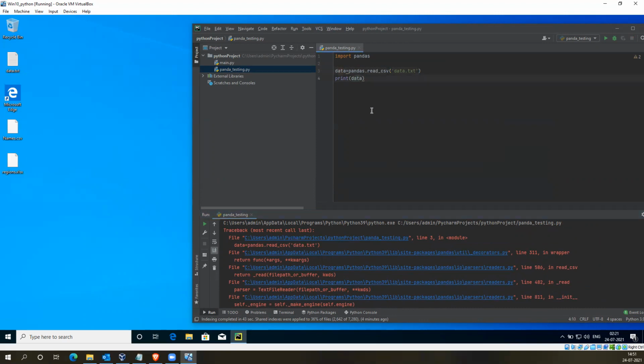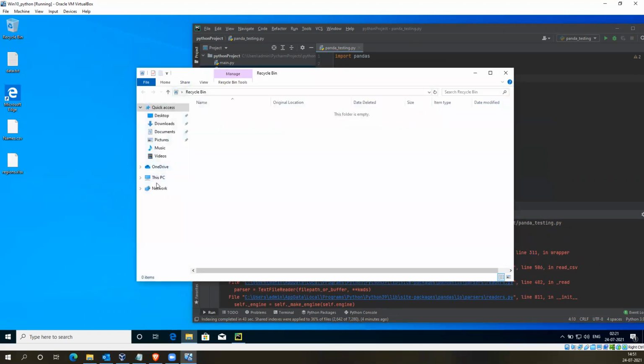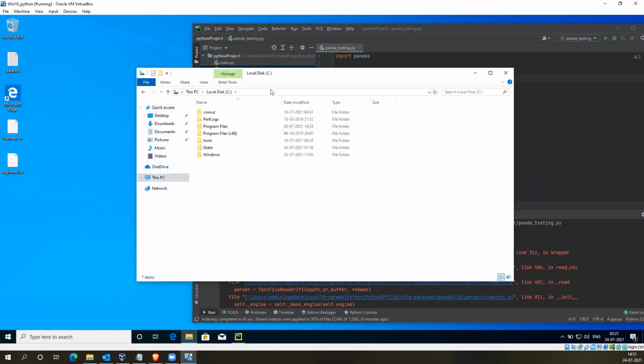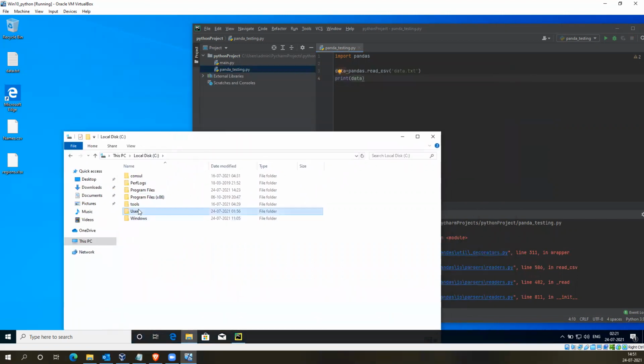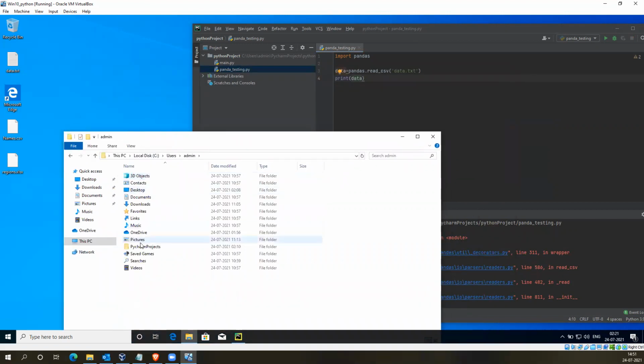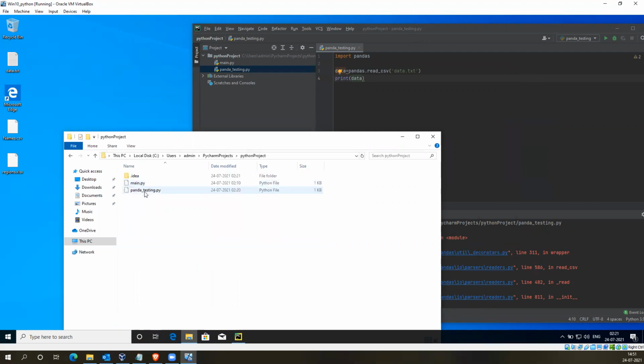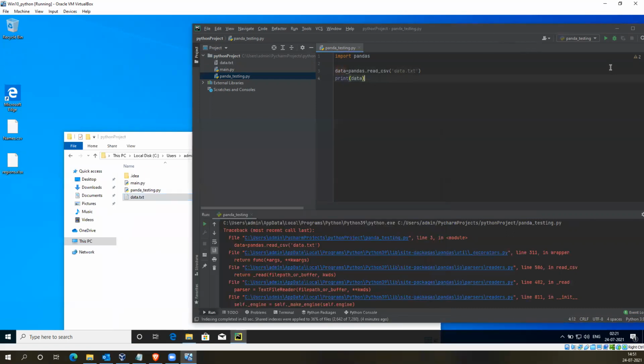As it is not there, I am getting this. You can give the complete path, but for simplicity of our code, I'm just copying the file to the Python projects folder. Let me move data.txt there and run this.